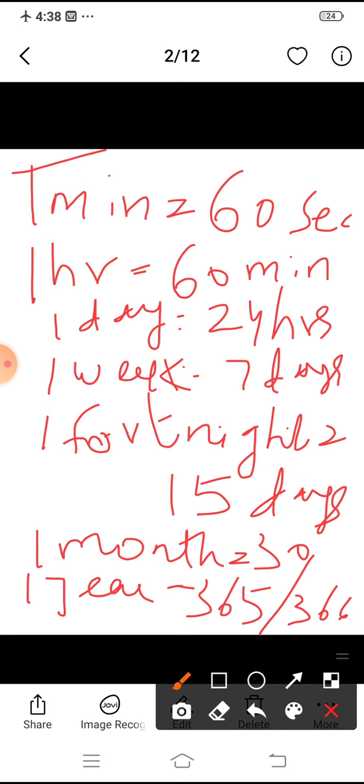In 1 minute 60 seconds, in 1 hour 60 minutes, in 1 day 24 hours, in 1 week 7 days, in 1 fortnight 15 days, that is half of the month, and in 1 month 30 or 31 days, and in February it is 28 or 29 days. In 1 year it is 365 and in the leap year it is 366, correct? And students,